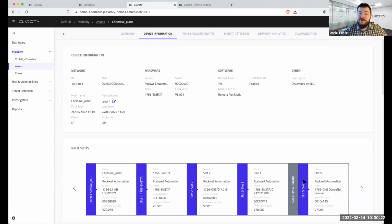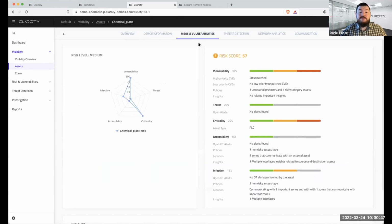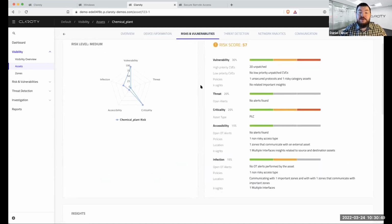We don't have to work with the system teams or IT teams for a long period, or inversely, the engineering teams. Just preferably that we either do this in a lab first, or do this during a maintenance window, and see how the system performs. And we regularly have people running this on live environments to be able to do things like configuration change mapping. In addition to just getting good asset visibility, we of course have full risk and vulnerability built